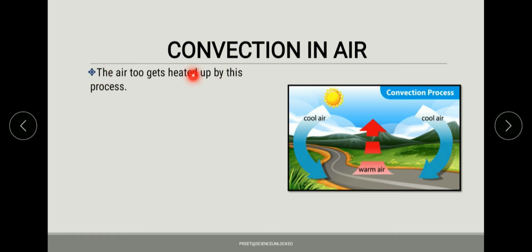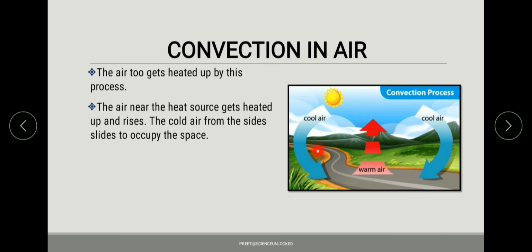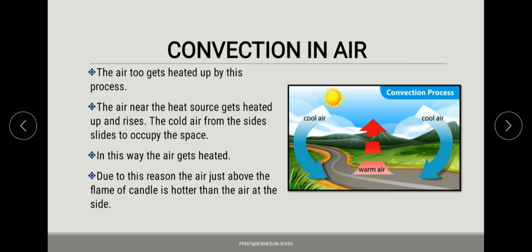So it's quite obvious from the convection in water that whenever the heating of air takes place, it will lead to the creation of a vacuum from where the air is heating up, and the cooler air will take the place of that space which has been created in nature. As a result, again and again the movement of air will take place, which leads to the formation of wind, and the phenomenon of convection in air is observed.